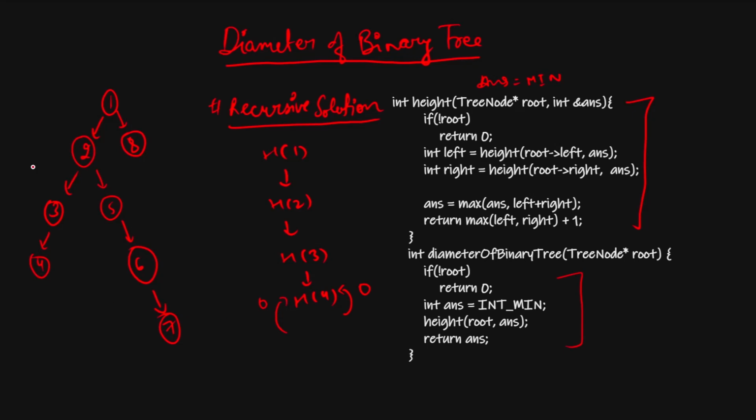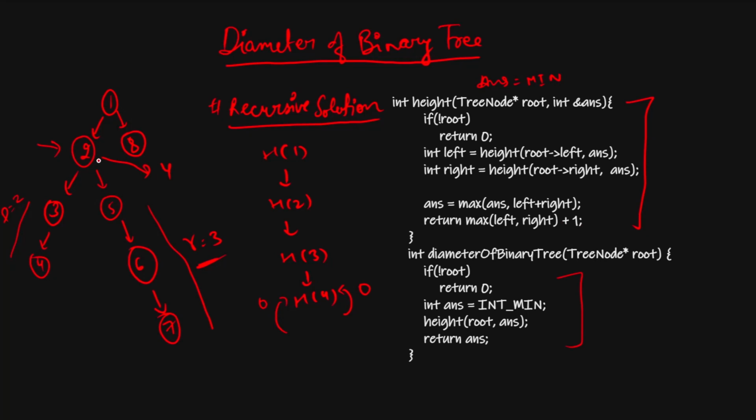So how do we find height? Let's say I have to find the height of this node. I will say its left subtree height is L, its right subtree height is R. What is the real value of L? L is 2, and R is 3. So what is the max? The max is 3. So the height of this node 2 will be the max of L and R, plus 1. So this is how I find the height, and the height of this will be 4.